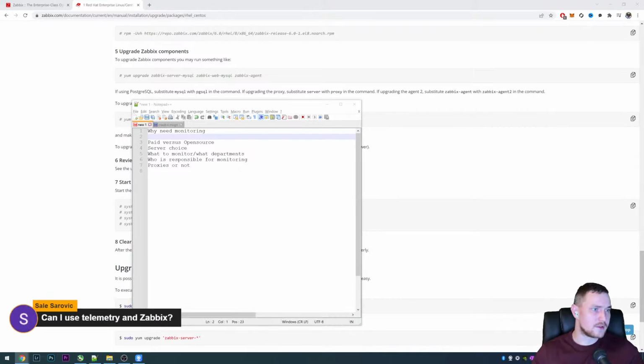Can I use telemetry in Zabbix? Yes, and right now, since the release of Zabbix 5, again, don't want to be wrong, 5.2 or no. Wait, I think it was even 4.4 when throttling was added.